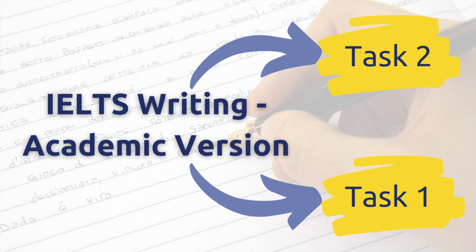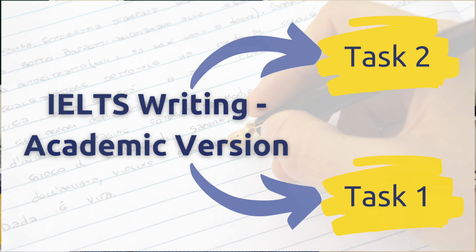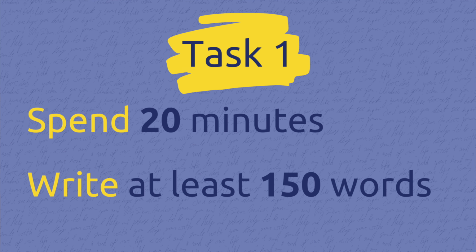The writing test consists of two different tasks. We call them Task 1 and Task 2. Let's look at Task 1 first. So the question for Task 1 is all about describing visual information. IELTS suggests that you spend 20 minutes on this task and write 150 words. Now,